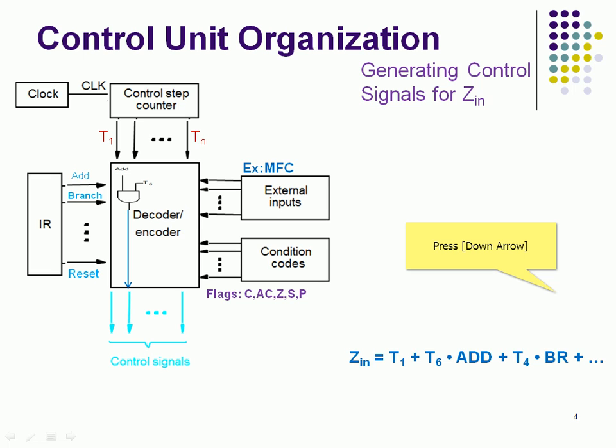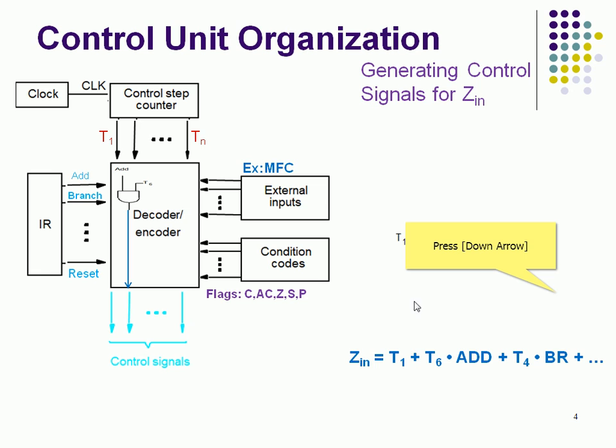In an add instruction, clock pulse 6 is also involved, so T6 dot add, plus the branch instruction, T4 is there, so T4 dot branch. Like that, so many clocks are involved in so many arithmetic and logic operations, so we have added those here. In order to finally generate the Z-in instruction, let us see, Z-in is equal to what? T1 plus